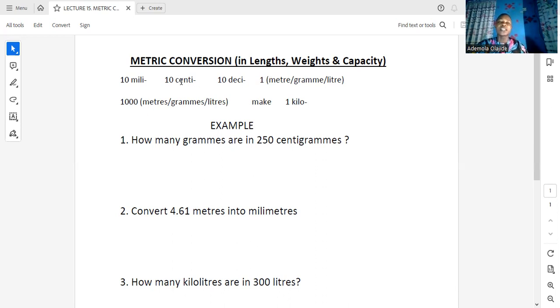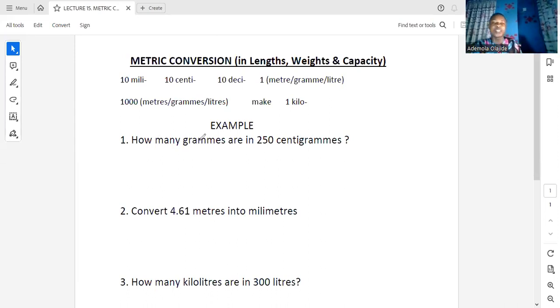If they say how many centimeters equal 1 meter, if you move from this centimeter, this is 10 times another 10 before you get to meters. So that's 100 centimeters equal 1 meter. So whether it is in meter unit, or in gram unit, or in liter unit, which is length, weight, capacity, it does not matter. What matters is you memorizing all these prefixes. Then you just add their suffixes to it. So the first one that we have here, we want to quickly consider,